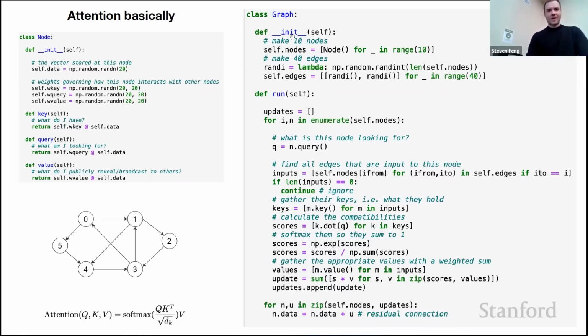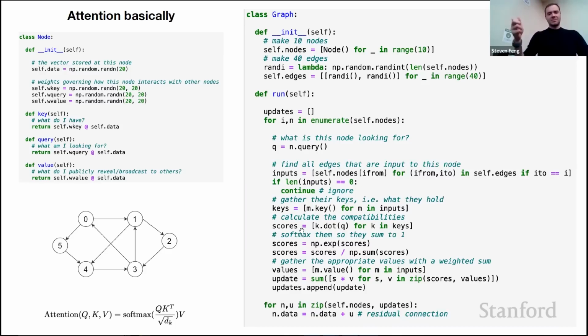And so then when you have your graph that's made up of nodes and some random edges, when you actually have these nodes communicating, what's happening is you loop over all the nodes individually in some random order, and you're at some node, and you get the query vector Q, which is: I'm a node in some graph, and this is what I'm looking for. That's just achieved via this linear transformation here. And then we look at all the inputs that point to this node, and they broadcast what are the things that I have, which is their keys. So they broadcast the keys. I have the query.